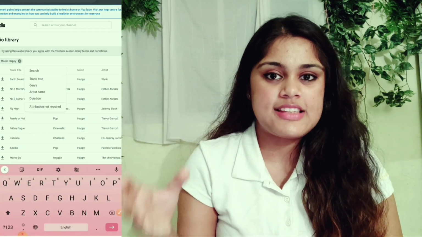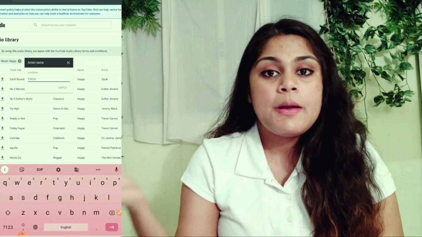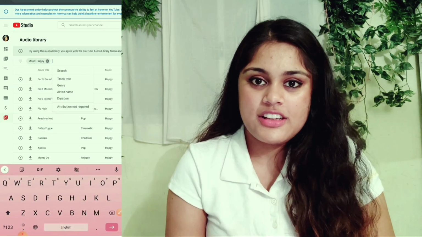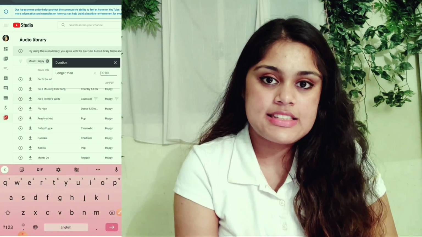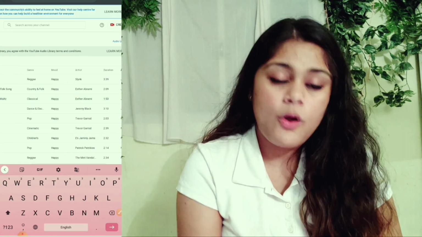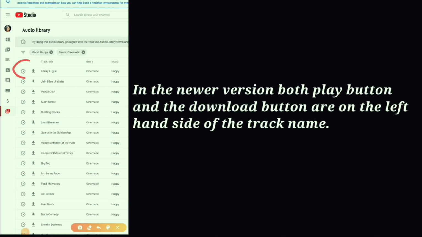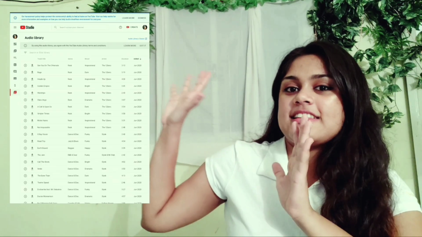Some of the classic musics that you can find on the classic audio library may probably not be available in the newer version for the time being, but I got a notification which says all the older musics in the classic audio library will also be brought to the newer version as soon as possible. So this is the newer version. Now you know how to use the newer version as well. The classic audio library looks like this, and the newer YouTube audio library looks like this. Just in case you want to differentiate between both of them, here you go.